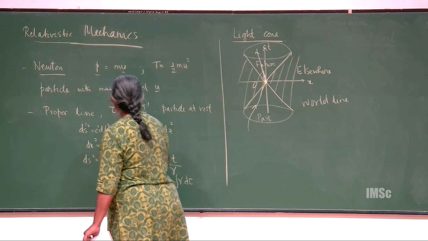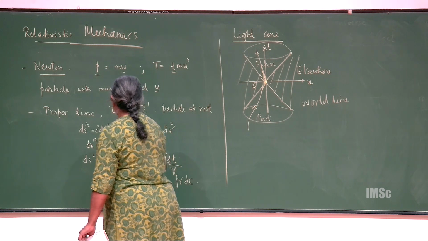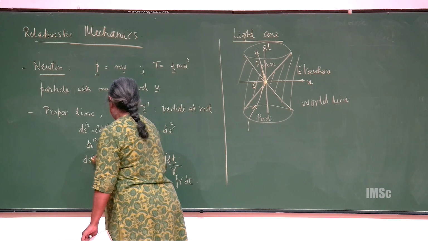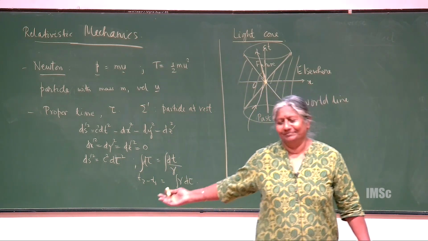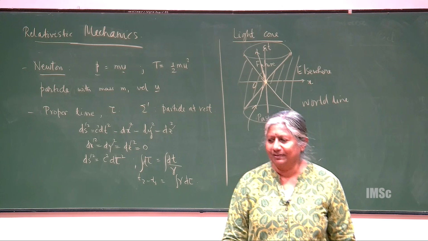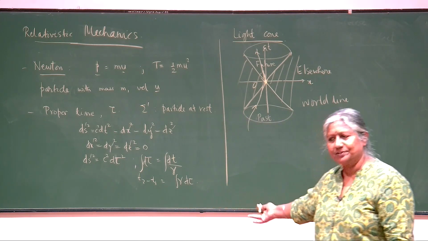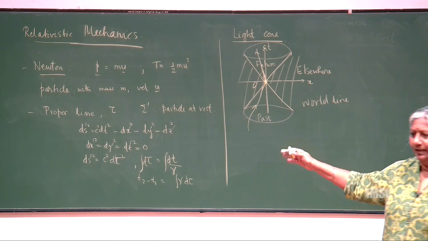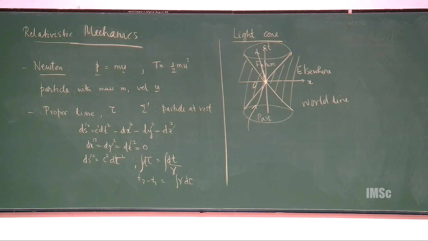So all these are primes, but by the way, this is true for, yeah, okay, sorry, you're right. It doesn't matter which prime. Because right now I just want to define the proper interval. So it's a particular frame in which it is at rest. In general, this is the equation, ds squared is, you're right, but I was technically wrong in not being careful about the notation. So in the frame in which it is at rest, in a generic frame, ds squared